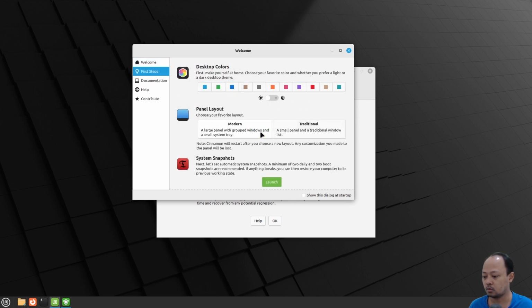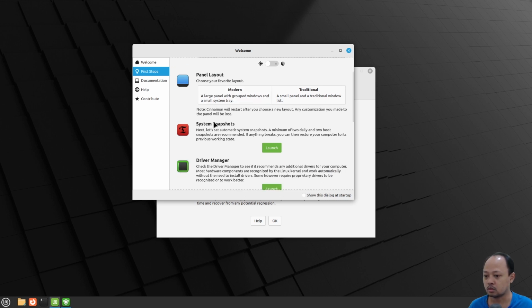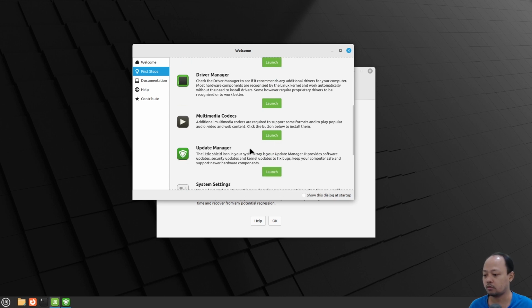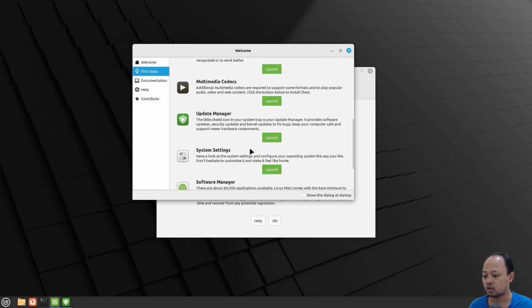After that, we will go to the first steps part where we can set anything regarding desktop colors, panel layout, system backup, etc. I will just scroll all the way down to see the options that we have here from the welcome screen.